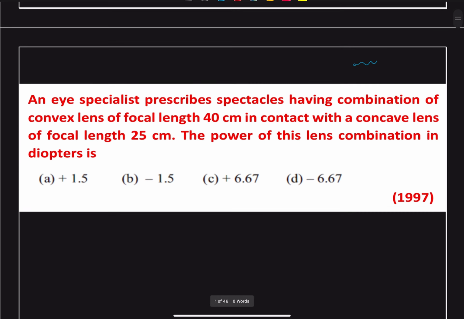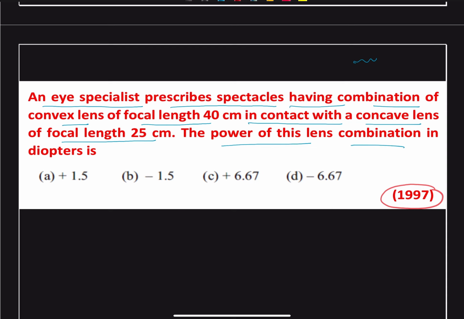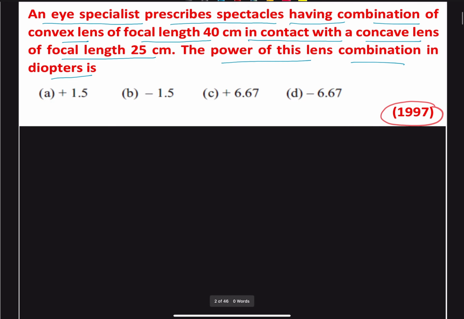So in the first question, which was asked in the year 1997, it states that an eye specialist prescribes spectacles having combination of convex lens of focal length 40 cm in contact with concave lens of focal length 25 cm. The power of this lens combination in diopter is. So this is quite straightforward, based directly on the formula,